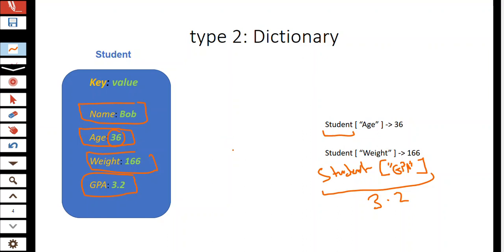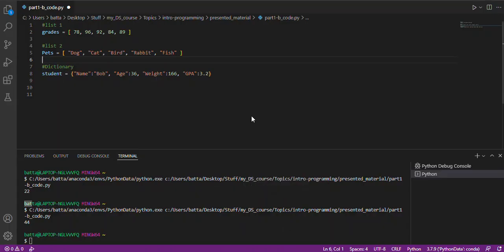Now let's take some actual examples here by creating some lists and dictionaries using Python, right? So for example, to create the grades list, we'll first create a variable named grades, okay? So the name of the collection is nothing but a normal variable. Just think of it as a normal variable. But rather than placing one single value in it, we will place a whole collection